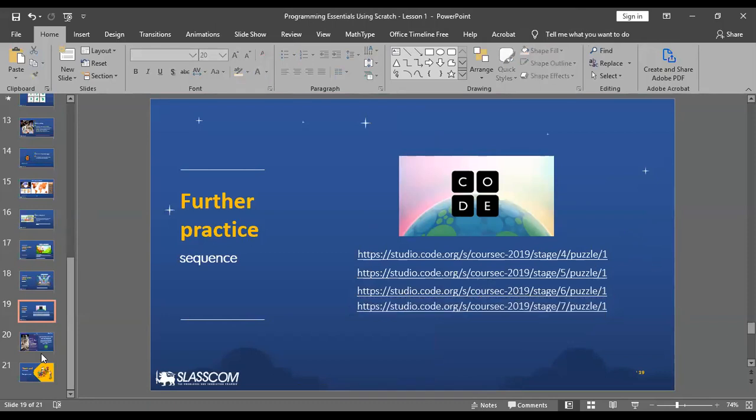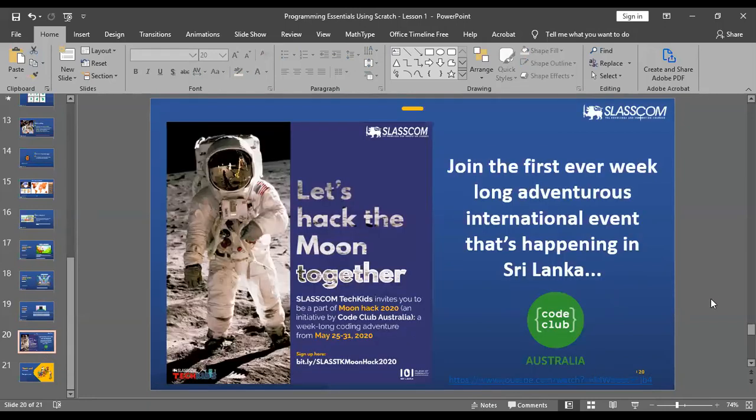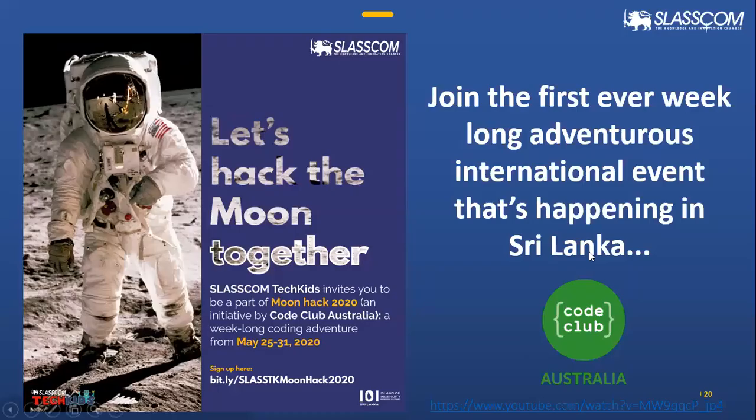Right, now let's begin. Let me introduce the good news. There is a competition, as you can see here, that is coming up, which is called Moonhack 2020. This is an event that has been organized by Code Club Australia.